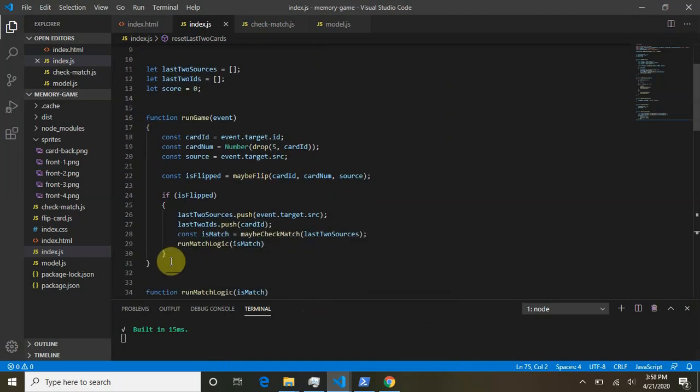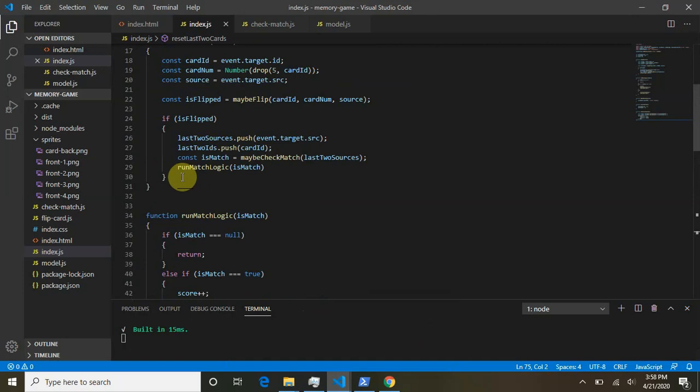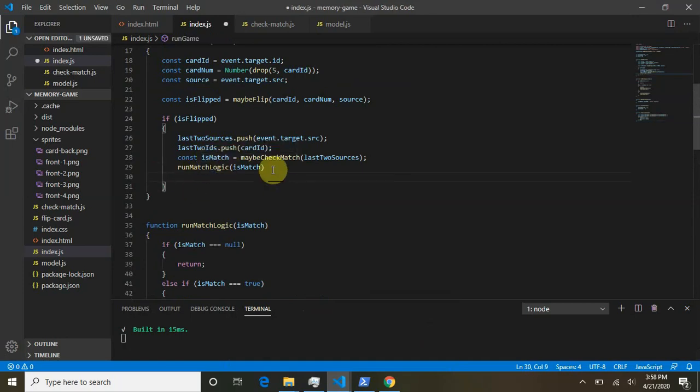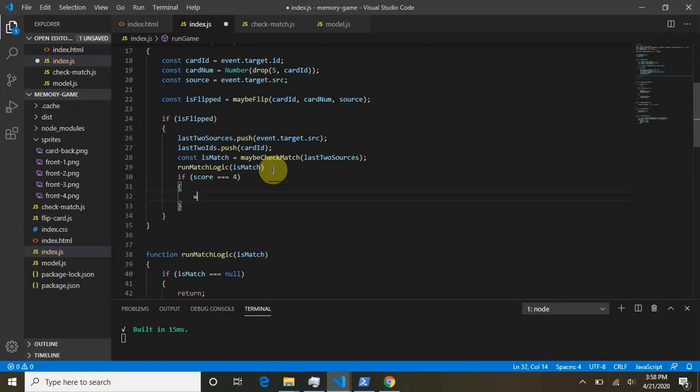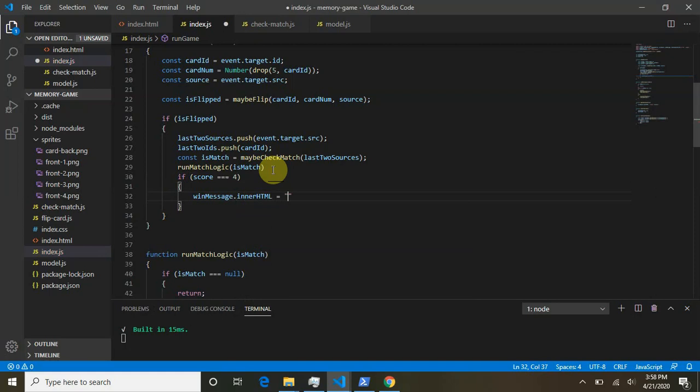So go back up to our run game function here. We ran the match logic, and we made all the functions necessary for that. After we run the match logic and check for the match, then we want to see if it's a win, right? So if score, because you can score a total of 4 points. If score triple equals 4, and you could set that to your own variable if you want, like const win equals score triple equals 4. But if score triple equals 4, then we want to change the win message, this inner HTML, to